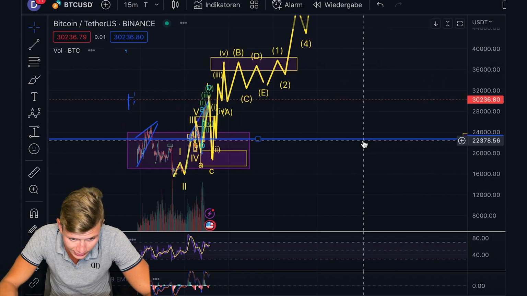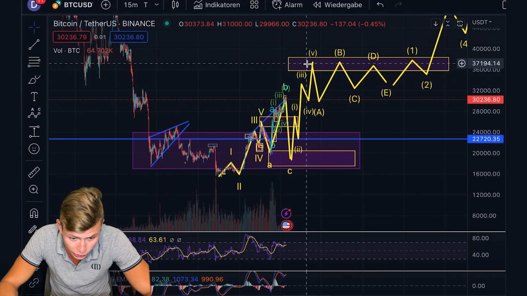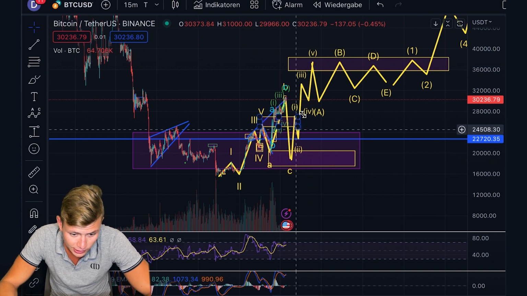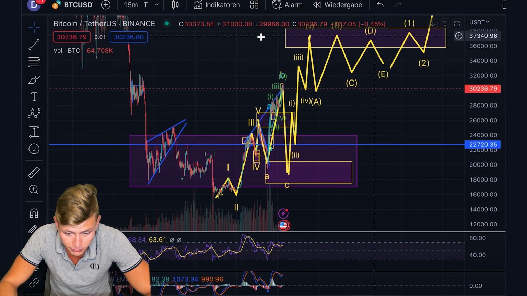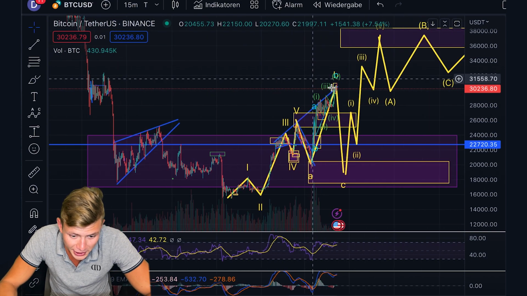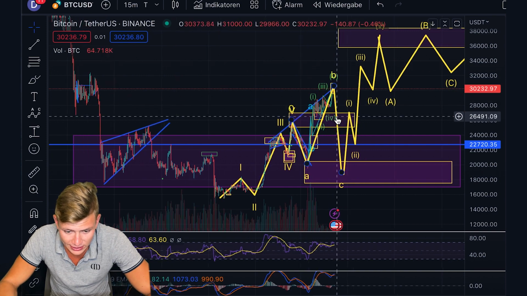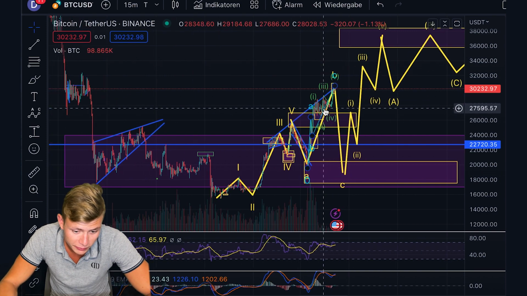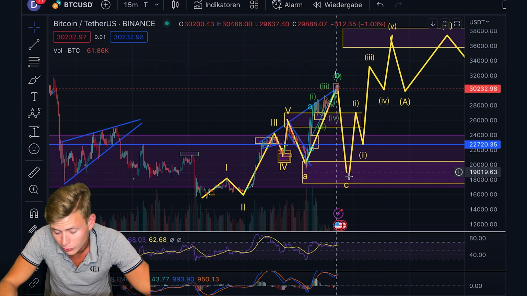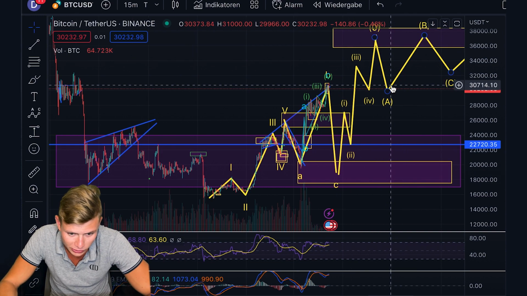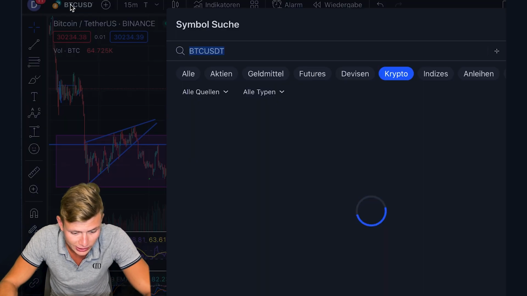Here I'm going to zoom out on the daily time frame. So if we are pushing higher in this target, this would be already a 3rd wave. We would see a 4th and a 5th wave afterwards here to a bigger upside potential. If we are seeing now a 5-wave impulse down, maybe a 1st wave of the C wave, then this would be rather a confirmation that we are coming down to the bearish target again before the rise is going to start.